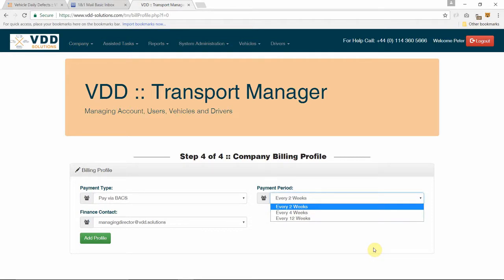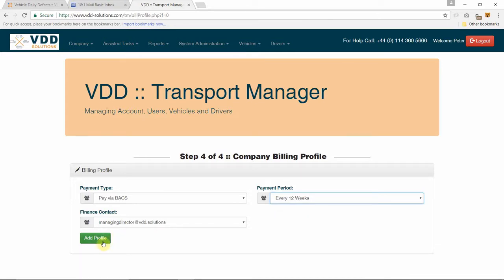And I want my company to be invoiced every 12 weeks. That's because we have a circulation in our accountancy for every 3 months. Now, if it's every 30 days, we recommend the 4 weeks. Later on, when you've been a member with us for a prolonged time, you'll also be given the option to be billed once every year, but you have to have been with us for 6 months before you can make that selection. Okay,